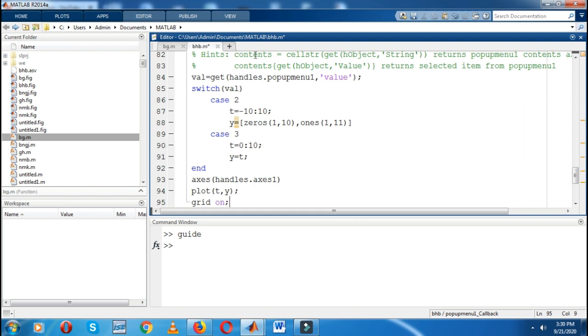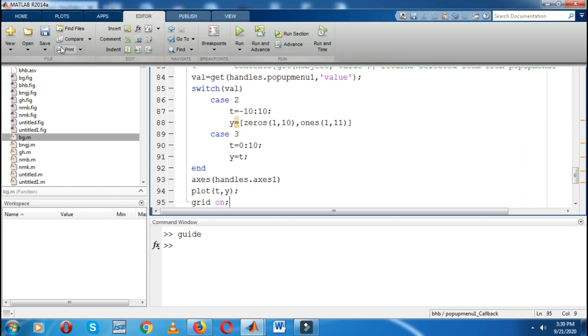So this is the program. It's a very simple program. Then just go to the edit option, save this file and click on run.